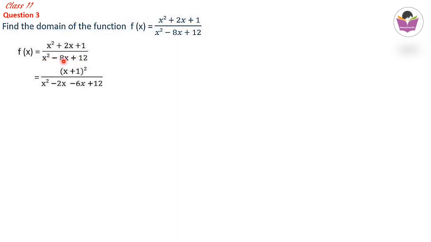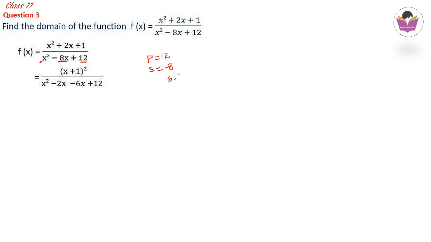Then the denominator, when we check, x square minus 8x plus 12. Here a little bit of explanation is necessary. So here we have to use sum and product. Product means the coefficient of x square and the last constant term, 1 into 12. So the product is 1 into 12, which is 12. And next we have to take the sum. Sum is the middle term. Middle term is minus 8. So we have to take two numbers whose sum is minus 8 and whose product is 12. So product 12 means clearly 6 and 2 are the numbers.